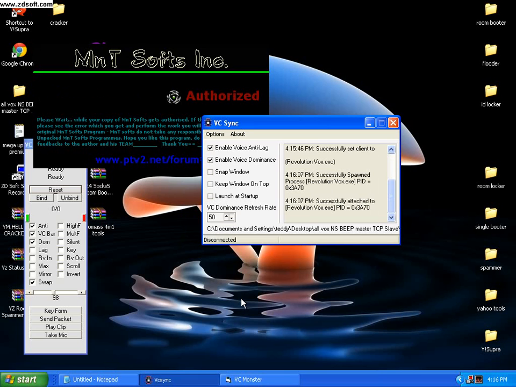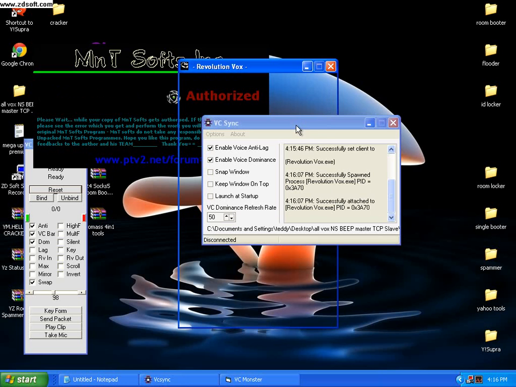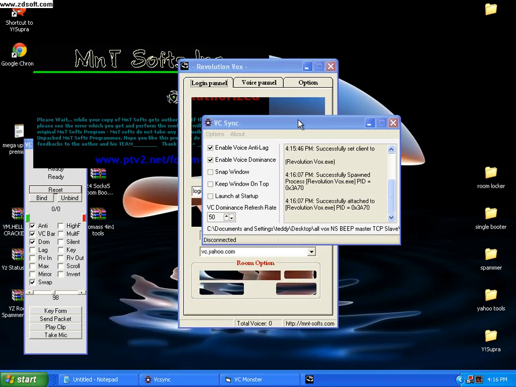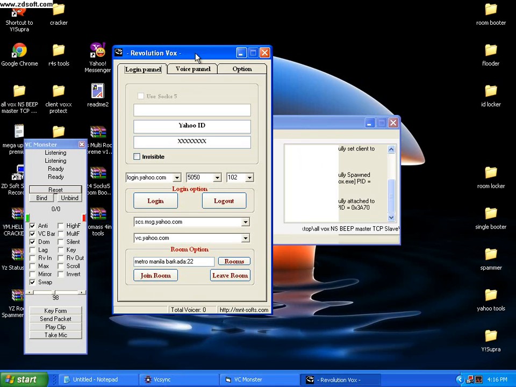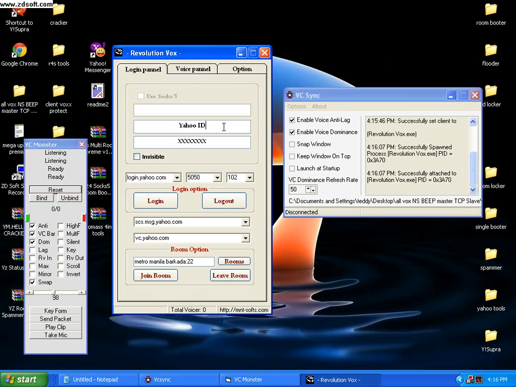Let's just wait. Okay. It goes, it opens. So next thing you do is put in a Yahoo ID.